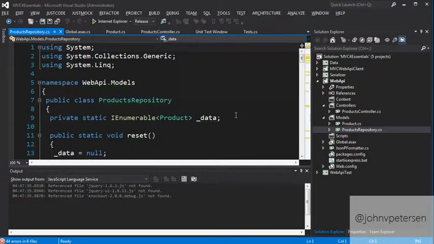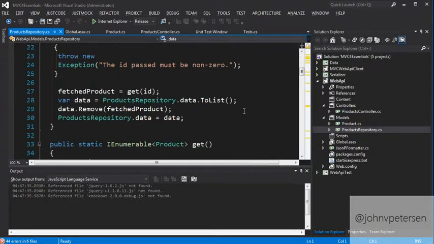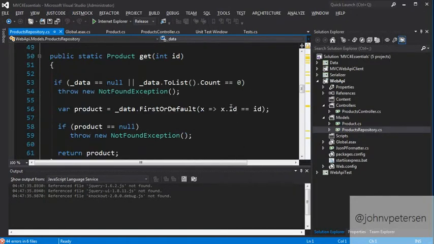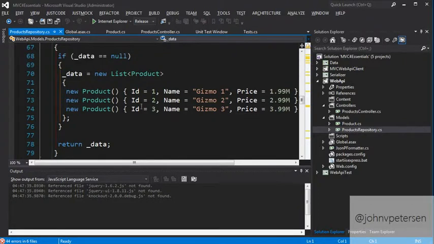I'm not going to spend too much time in here, but basically I've implemented the repository pattern. There's a static property in here for a list of products, and you can consider this a mock of a database or data store, except that it's completely read-write. Obviously, in a real situation, we would not be using this; we'd actually be connected to a database. But I wanted to take the notion of a database out of this so that we didn't have to deal with that.